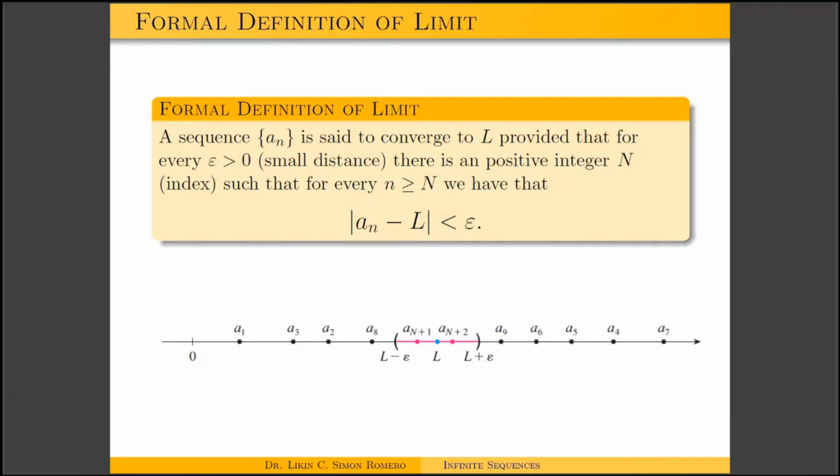So what we want to think about here is that as our indices get bigger and bigger, as we get further and further out on our list, our terms get really close to this number L. The idea is, for this epsilon greater than 0, say you want epsilon to be 0.1. There is some place in our list that all of the terms after that are going to be within 0.1 of L. And you can pick even smaller numbers for epsilon, and you have to go further down the list to get there, but you will eventually get there.